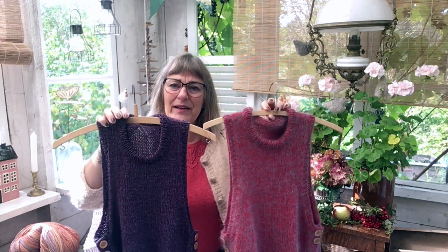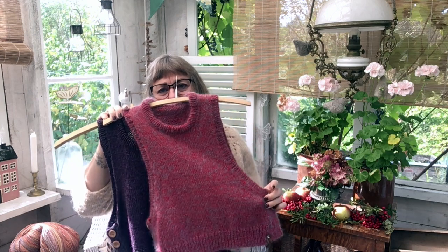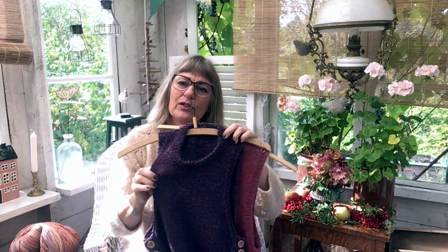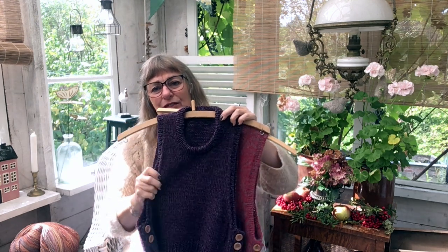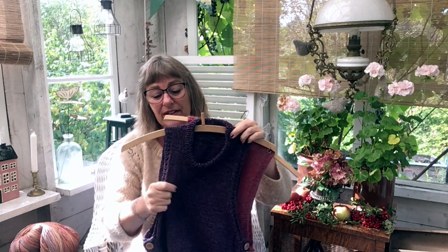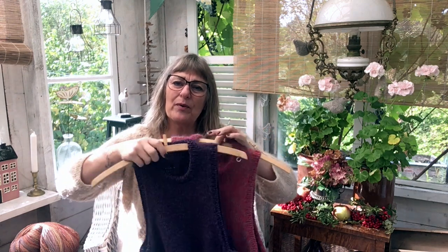So I made one in a Shetland yarn with mohair, and this one was alpaca yarn, and also the lighter purple here is a cotton wool blend, so they don't feel quite the same. One is a little bit softer with the mohair, but alpaca is also soft. So there are 2 warm, lovely